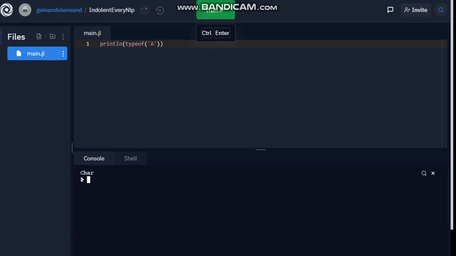So now you'll get the output as characters. In this way, you can specify strings.